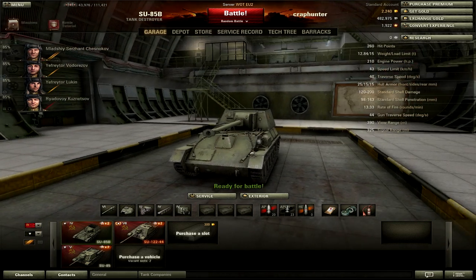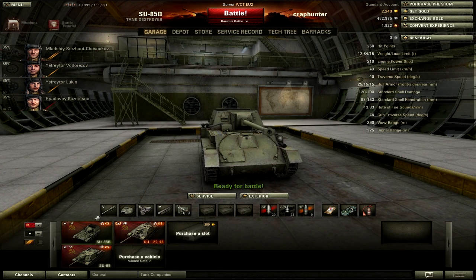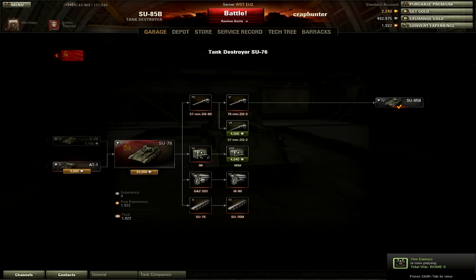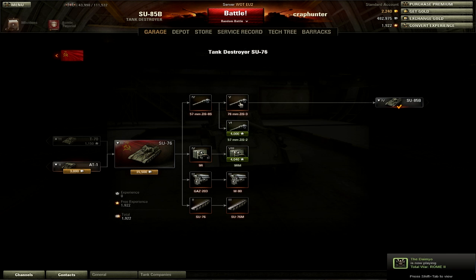But yeah, the Russians like the alpha damage. They do enjoy the big guns. And to be fair to them, they are reasonably successful with them. The gun selection in this tank is very good. Obviously, when you start, it's not perfect. And depending on how much you spent researching back when you're in the SU76, I think you actually have to go through the ZIS-3 to get...